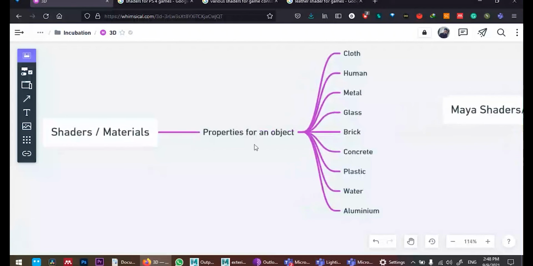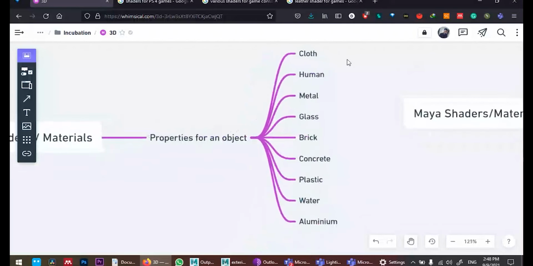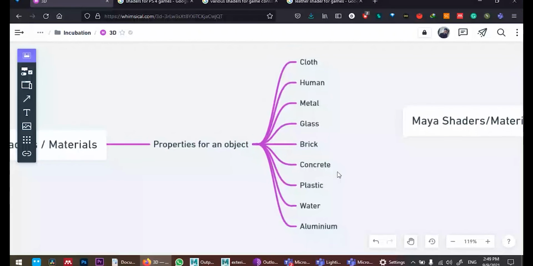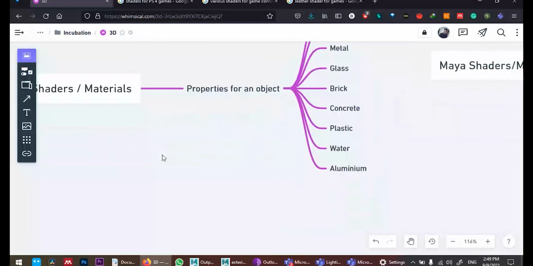So the properties for shaders of a material, such as cloth, has a different property: human, metal, glass, brick, concrete, plastic, water, aluminum, and you can say anything. Okay, every object has its own properties. So each property will be called a shader or material. So this shader,